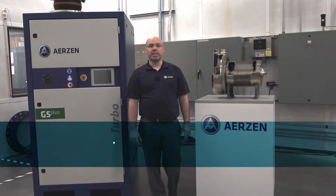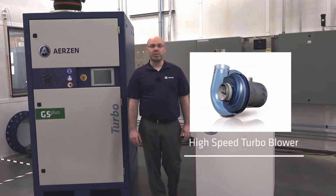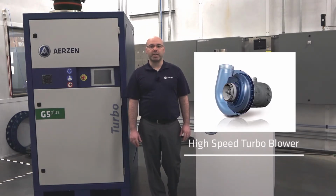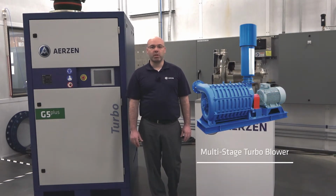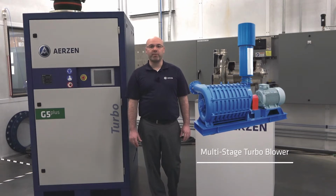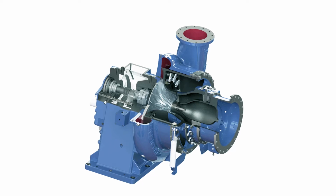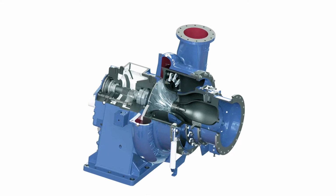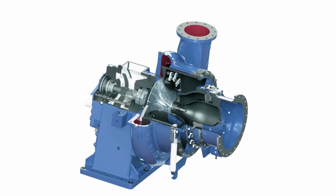Aerzen has been supplying this technology for over 10 years in applications such as aeration and fluidization. Turbo blower, also known as the high-speed turbo, is the latest in the evolution of centrifugal blower technologies. The high-speed turbo blower evolved from earlier technologies such as the multi-stage turbo blower, which creates a pressure ratio by moving flow over multiple stages. There is also the geared single-stage turbo blower. This technology created a similar pressure ratio over one stage by driving a single impeller faster via the use of